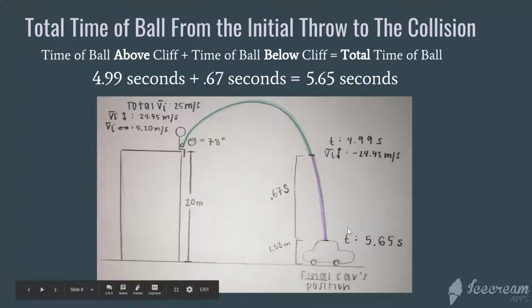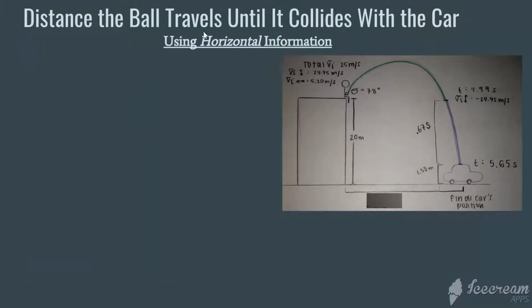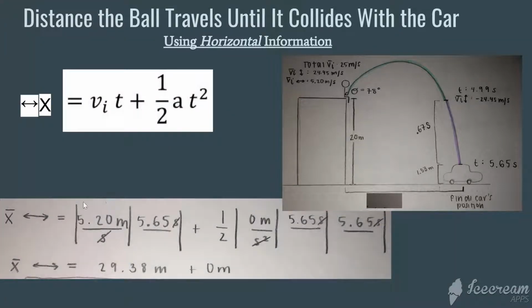So finally, we can use this information to answer one of the questions the problem asks, which is the distance the ball travels until it hits the car. To find this, we can actually use the information of the horizontal path of the ball in the displacement equation. We can fill in 5.20 meters per second as the initial velocity, 5.65 seconds as the total time that we found just a second ago, and we can cross off the whole second part of the equation,